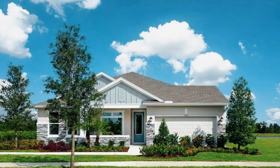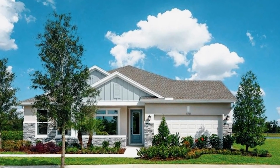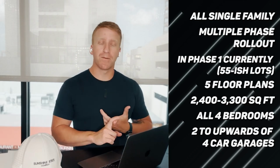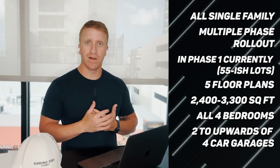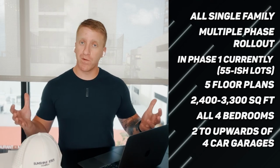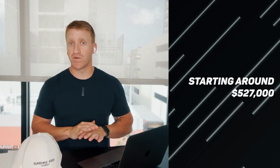And then you could get from a 2-car all the way up to a 4-car garage, which isn't super common, and they're probably going to be tandem. The 4 cars are going to be tandem, so depending on if you have multiple cars, it'll be front to back. Or a lot of people in Florida use their garages for gyms, or you might lose your basement depending on where you're moving from, so storage as well. And then the starting plan starts at about $527,000 because these are going to be some of the bigger homes